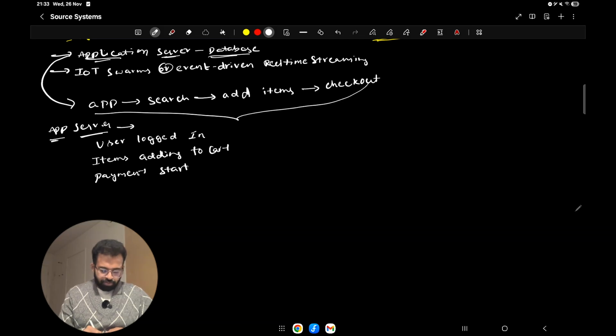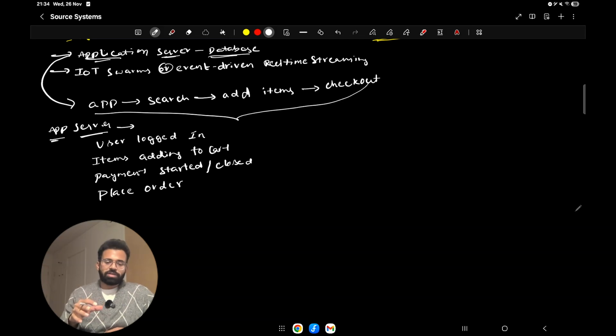Whenever you click on place order, it will call the code which will call the payment gateway. Then payment started, and then closed, and after that place order. So the application server executes all the business logic related to each and every step whenever you click something in the UI.